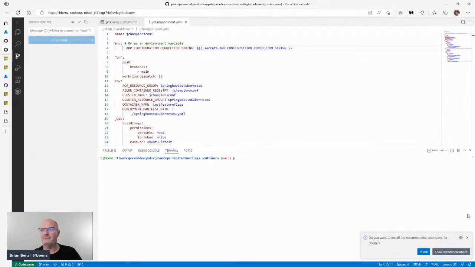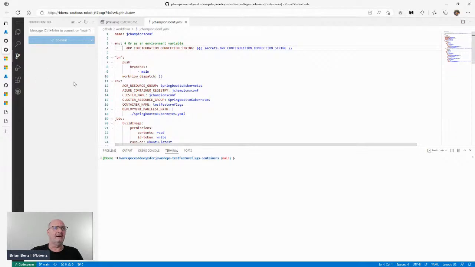I don't want to run git fetch, no. I can install the recommended extensions for Docker too, but I don't want to. So one of the cool things about Codespaces, while this is going, because it's going to take a second, is